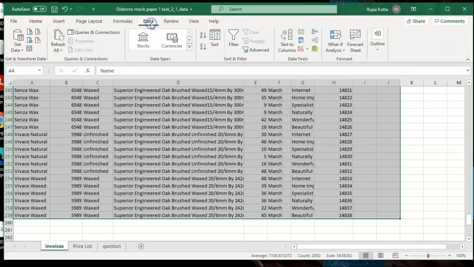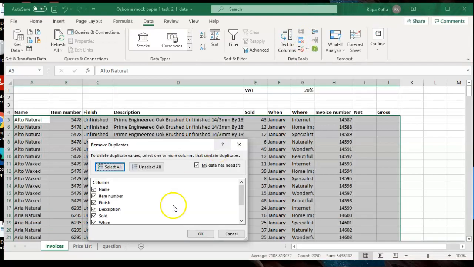Go to the data tab and click on remove duplicates, which is this option over here. Select that and then you need to select one column which you are checking to look for the duplicates. The only way we will know if there is any duplicate is if the invoice number is repeating. So unselect all and select the column for the invoice number, and based on the invoice number it will